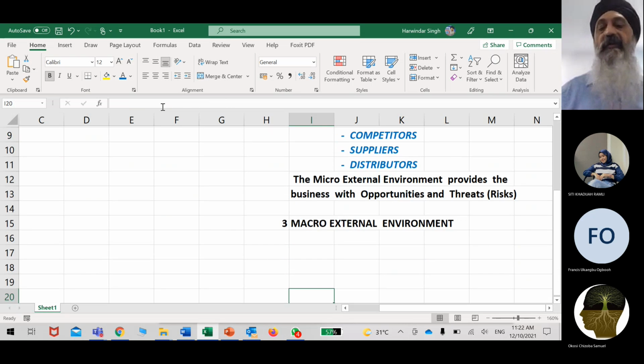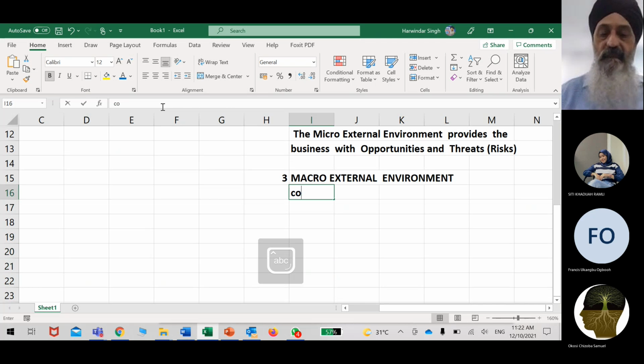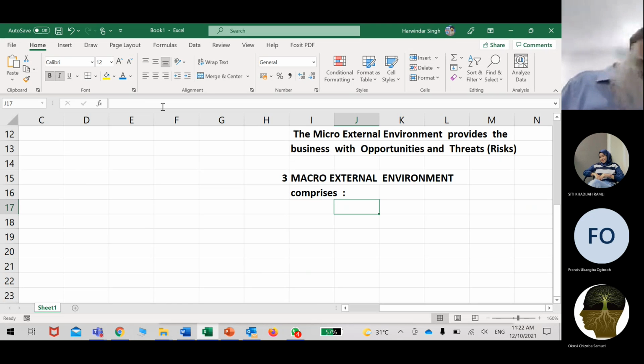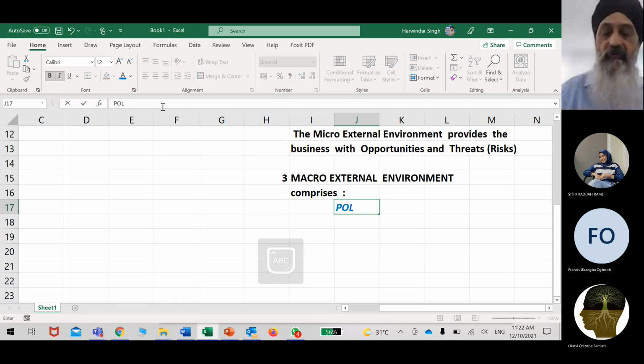Yeah, macro external environment comprises, we said political environment, political forces, if you like, or political environment,